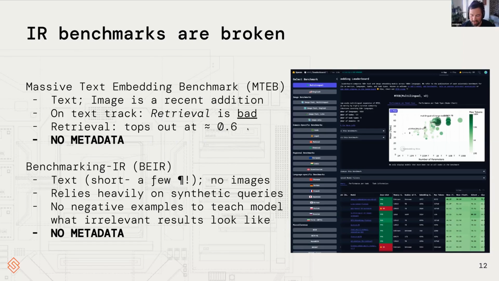And also the results on these are not that good. These scores top out at like 0.6 for state-of-the-art models, because all the models being evaluated here are purely text embedding models. So somehow information retrieval benchmarks are stuck in this local maximum. And we have been working on data sets to fix that. There are some other efforts out of Stanford that are trying to add more metadata and more realistic looking data sets. But yeah, we are very early in that respect.